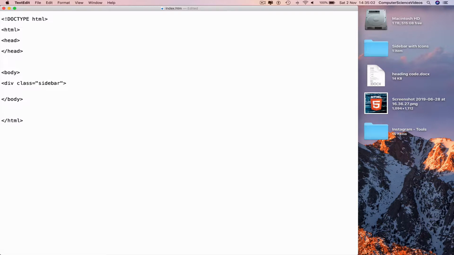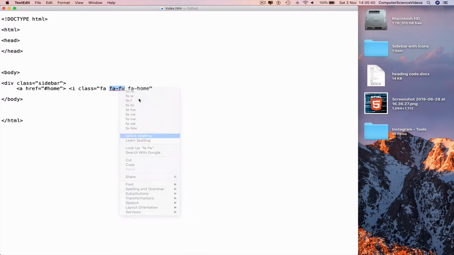less than div class equals sidebar, greater than, go to a new line, indent, less than a href equals speech marks hashtag home, greater than, less than i class, i needs to be lowercase as always, equals speech marks fa dash fw space fa home, greater than, less than slash i, greater than, and then home,